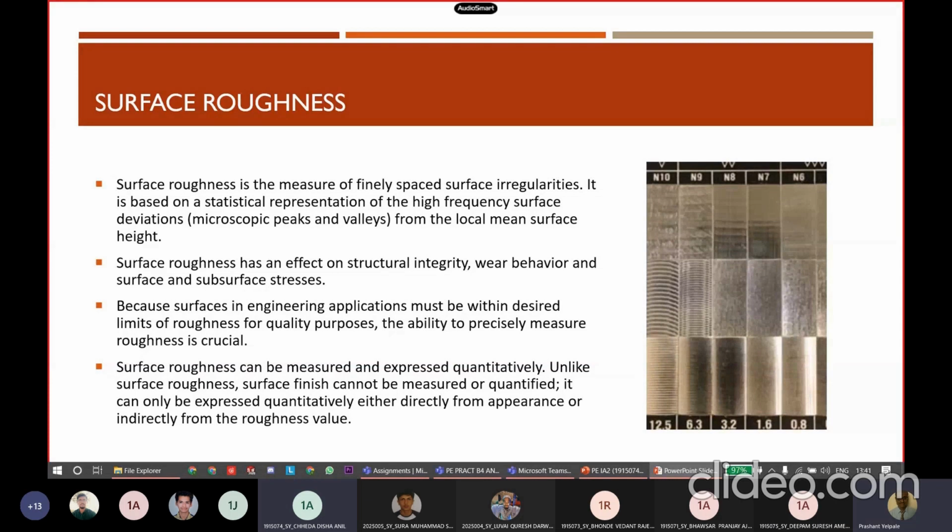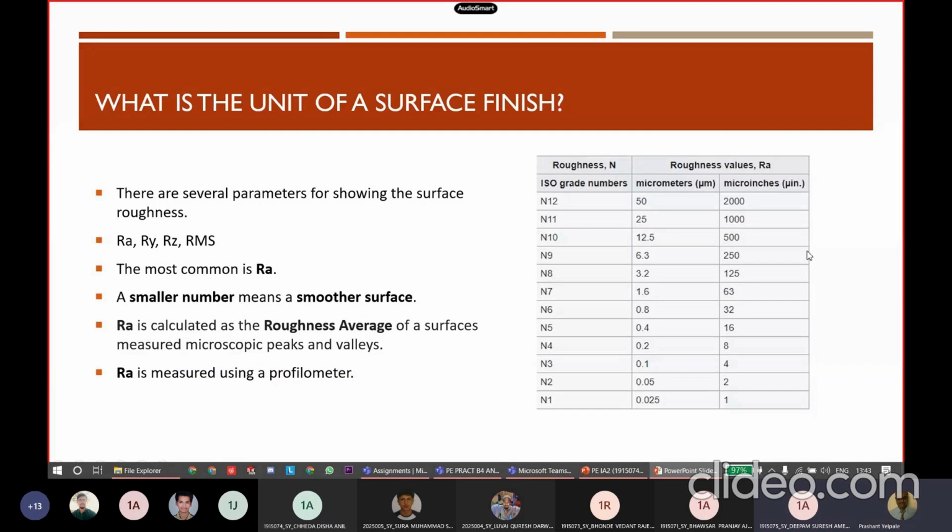The ability to precisely measure roughness is crucial as it has an effect on the structural integrity, wear behavior, and surface and subsurface stresses. Covering the topic of how to measure, how is the roughness and the finish measured. So there are usually a lot of parameters that are kept in mind and observed and analyzed while measuring the surface roughness of a sample. The different parameters that are calculated are RA value, RY value, RZ value, and RMS values,